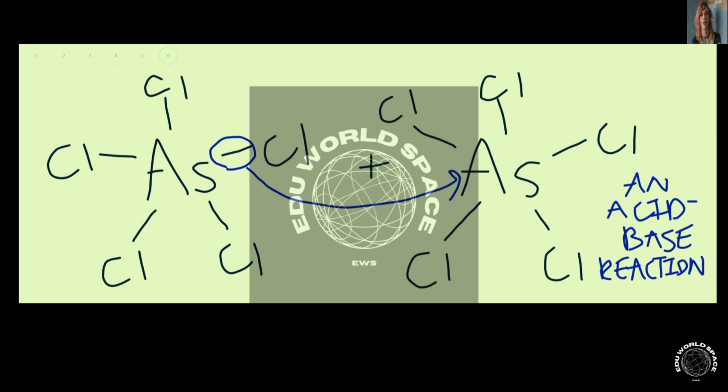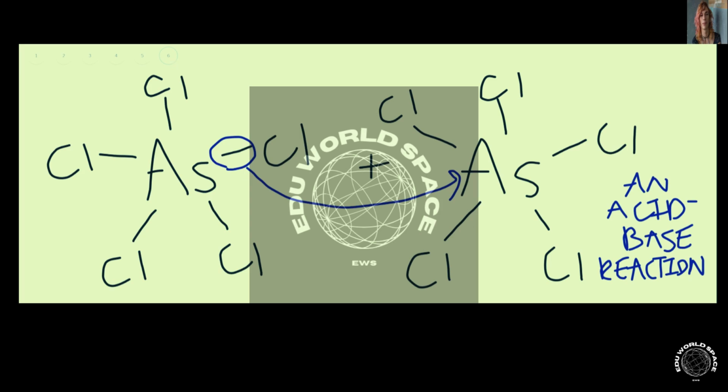So while it's not an oxidation reduction reaction, it could be an acid-base reaction. So remember the Lewis definition of an acid and base. A Lewis acid is a molecule that donates electrons, and a Lewis base is a molecule that accepts electrons. So acids donate electrons, bases accept electrons. So how could this be an acid-base reaction? So we have our two AsCl5s reacting with each other, and to form AsCl4 plus and AsCl6 minus, what happens